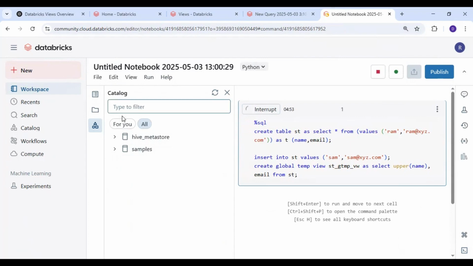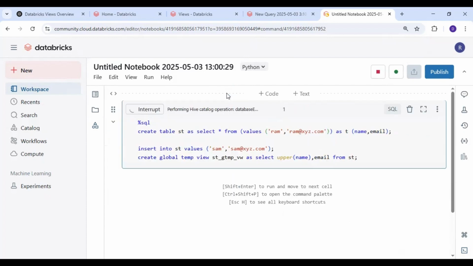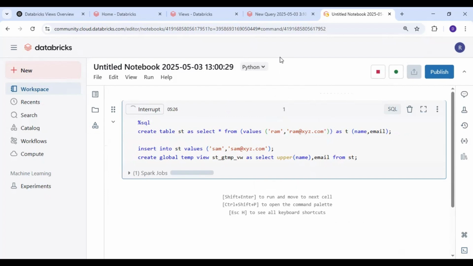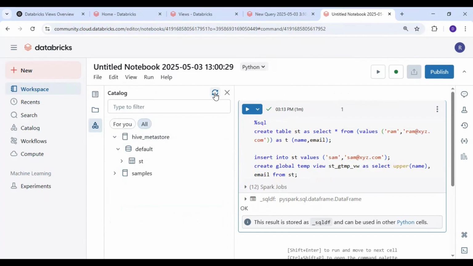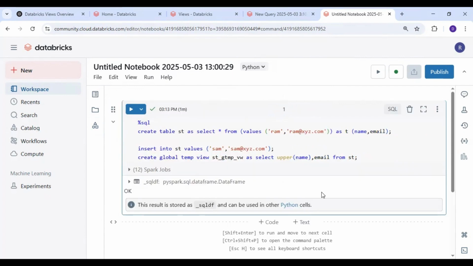In the community edition, the catalogs you see will be different. Instead of the workspace catalog or some other catalog, we have just one called Hive Metastore. It is still working on it. Fine. The view is created for us, but it's not listed in our catalog hierarchy. Only ST is there, which is a table, but we don't have this ST global temp view. It's not listed there. Then how do we go about querying this